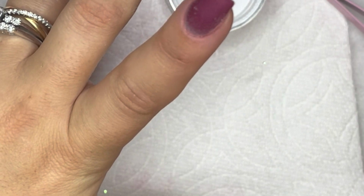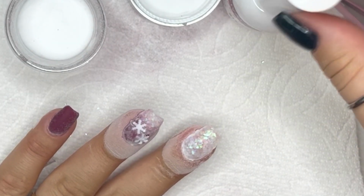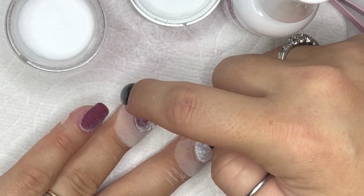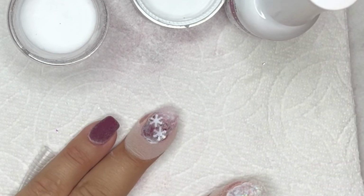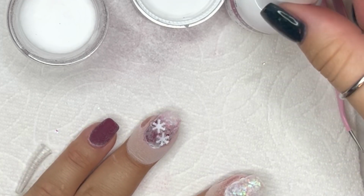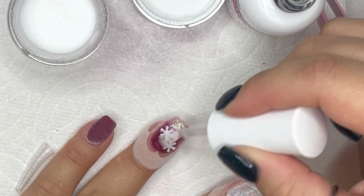But the recommendation is right after you go into your clear dip powder, activate. So you know how when you activate your nails they say wait 2 minutes and then it hardens and then you can file and buff and all those things? Well, while you apply your activator to this situation, you have like a minute of playtime to really press those